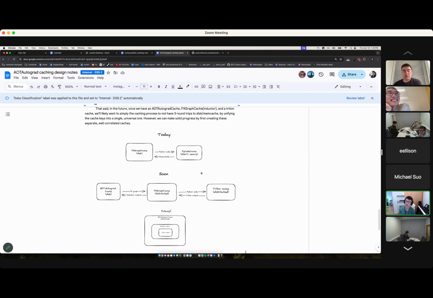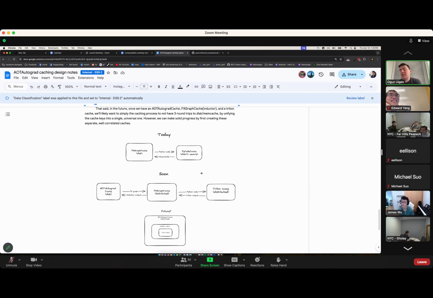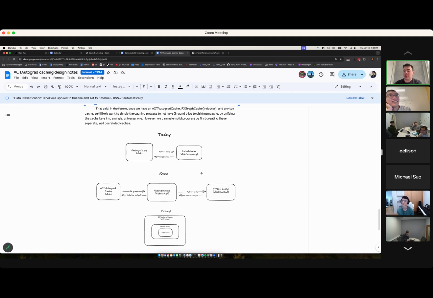Is your suggestion then to serialize the callable so that the Inductor cache is just a file cache and it has everything in it that it needs, as opposed to doing more PyCache loads and stuff? I think Ed's goal is to just make one cache key for everything. Yeah, I want one cache key for everything. I'm willing to abort and change my plan if things are terrible. But the first thing to investigate in this line of inquiry is, can I make the Inductor callable that gets returned from CompileFX